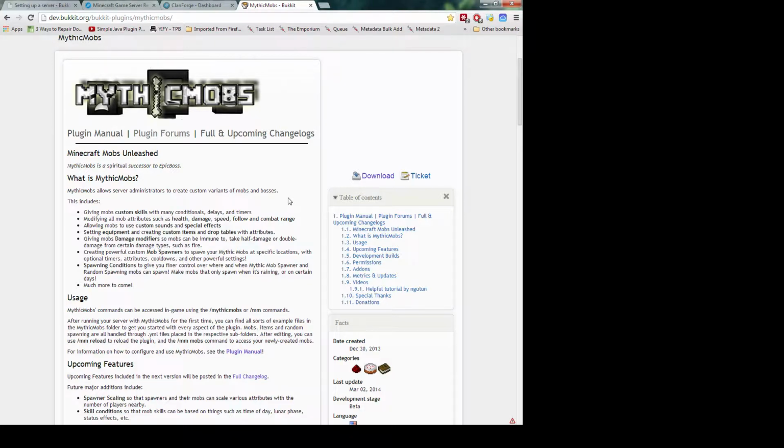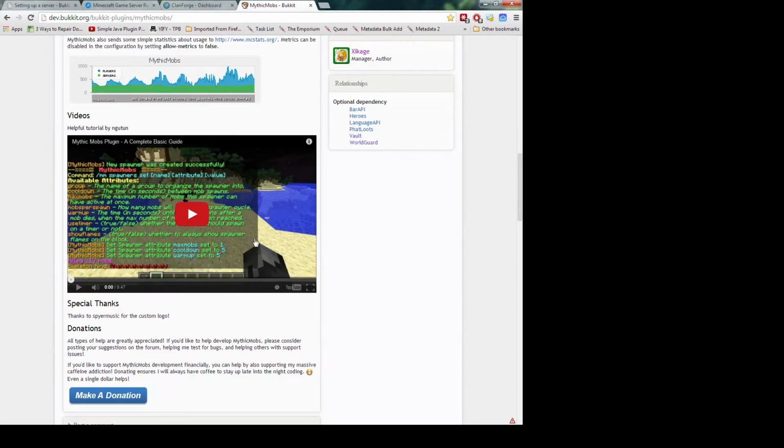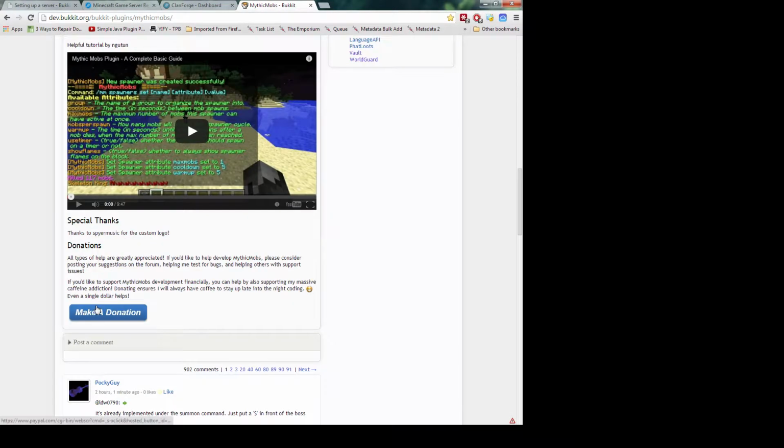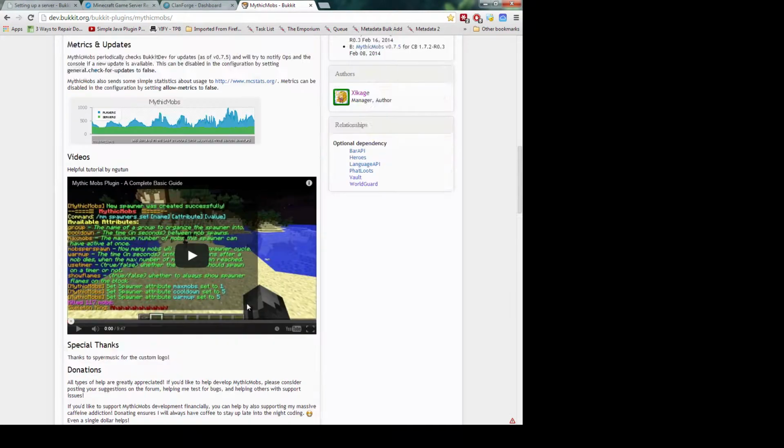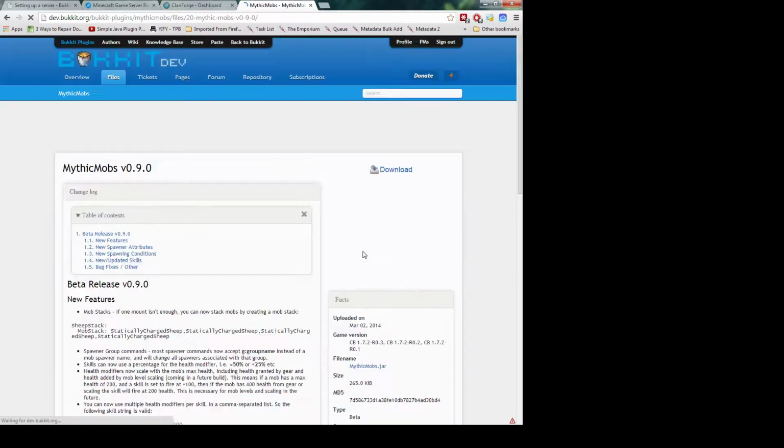So I'm very tempted to add it very soon, but the only thing is the developer hasn't added one of the things I was hoping for, which is being able to use command blocks to spawn mobs, or Mythic Mobs. So anyway, you'd want to go ahead and click on the download button, and here you can see